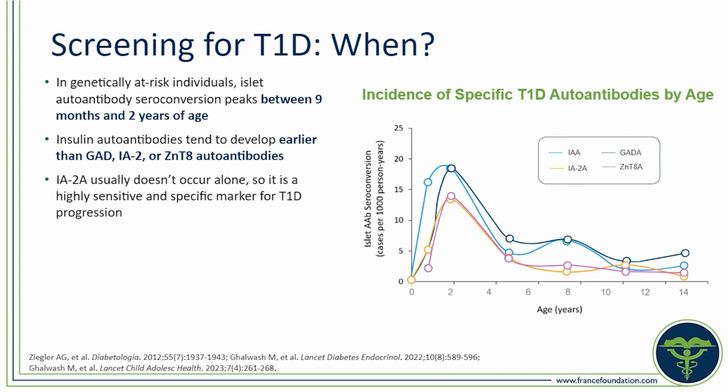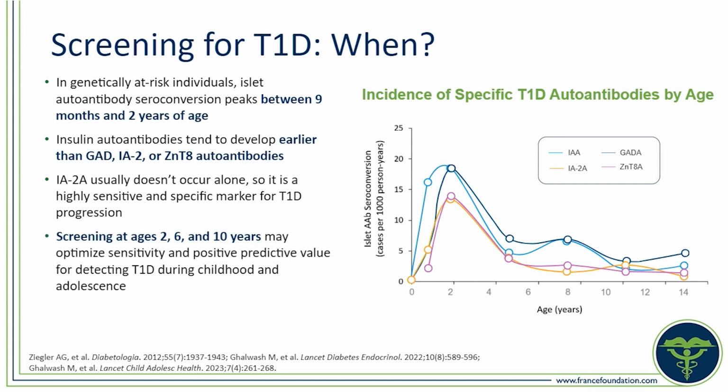There's been work trying to determine the best times to screen people for type 1 diabetes based on taking into account we want to identify as many people as possible, but we also want to be aware of the public health needs and the reduced cost. So if cost is an issue, then screening at ages 2, 6, and 10 would provide the best sensitivity for picking up patients through adolescence who would develop type 1 diabetes. Practically, screening in buckets around these ages would likely yield similar sensitivities in picking up people who would progress to